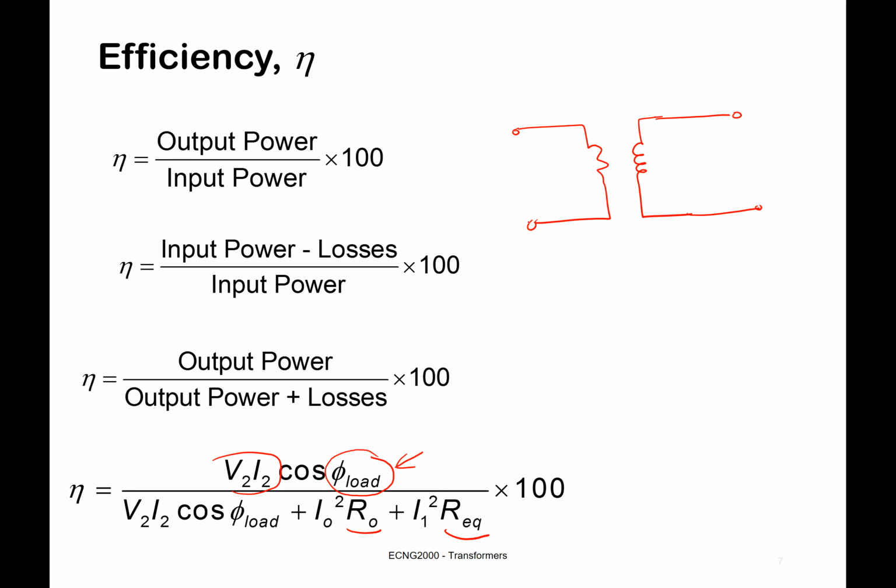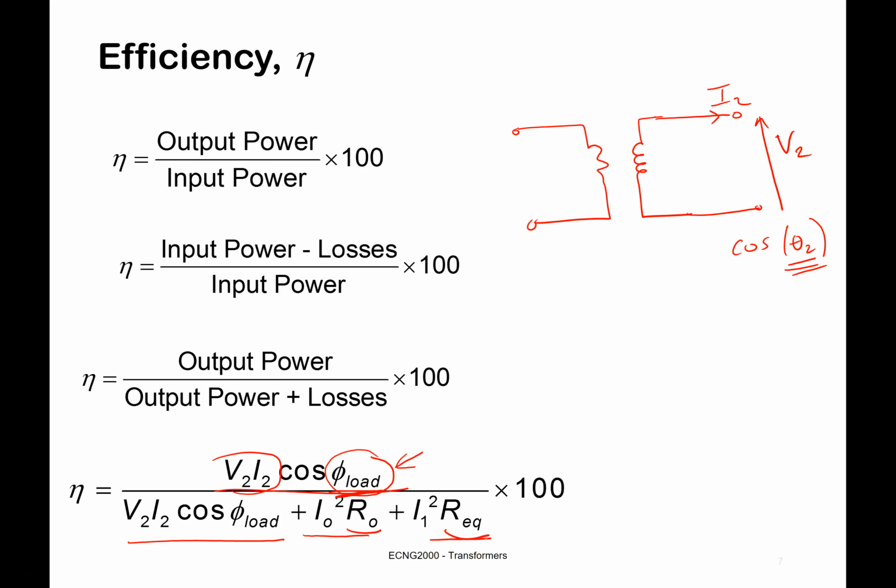In reality, you'd have all the losses. The V and I here, V2, I2, cosine theta 2, or theta load, which is the power factor at the output terminals. So this is the output power